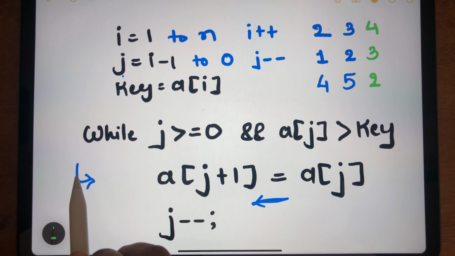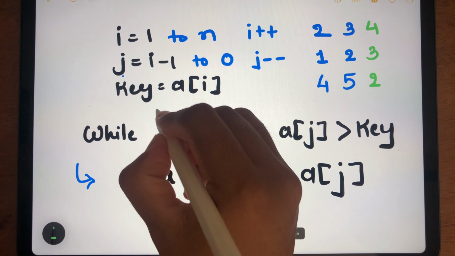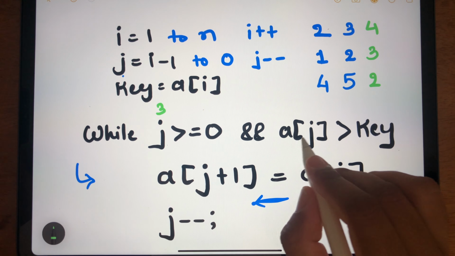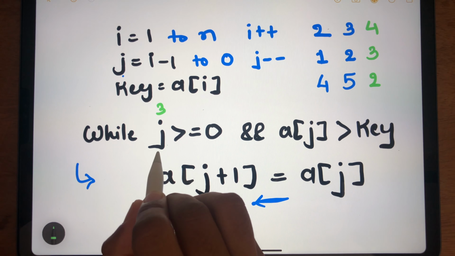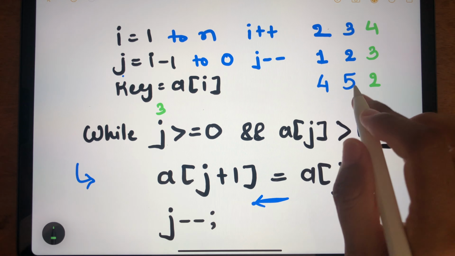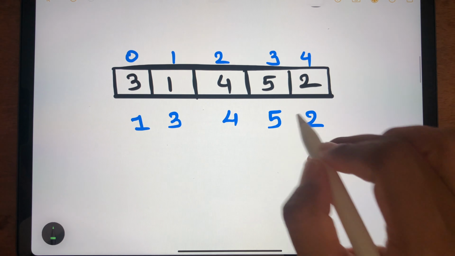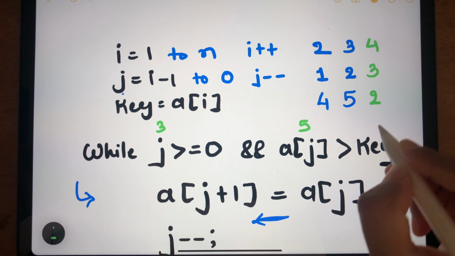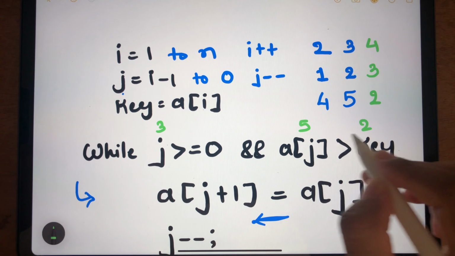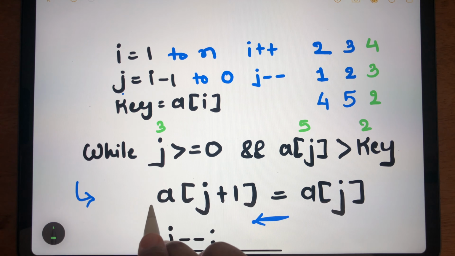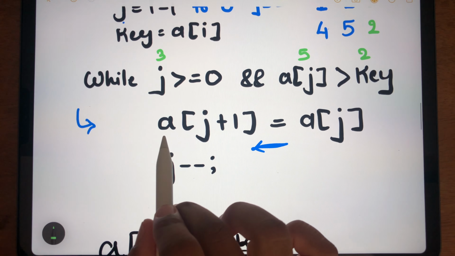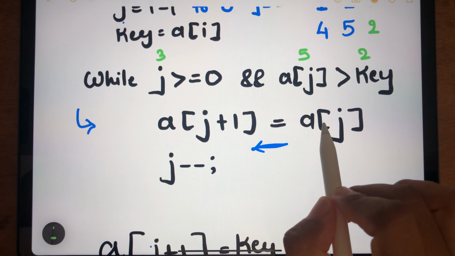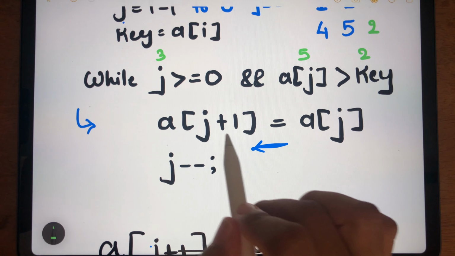So here what we would be doing, starting with the value of j as 3. 3 is greater than or equal to 0? Yes. A of 3, as you are having the value j as 3. So a of 3 is what? A of 3 is 5. 5 should be greater than the key. Key is 2. So yes, 5 is greater than 2. So we would come inside the loop here, and as you see, we would be now assigning the value of a of j to a of j plus 1.